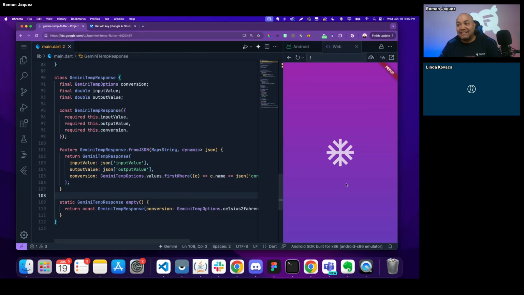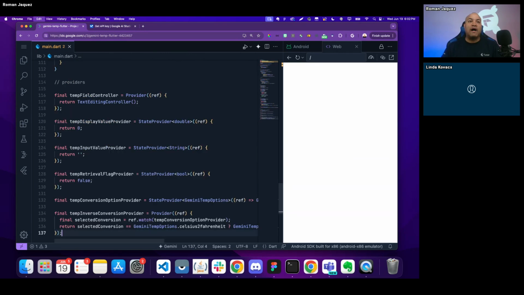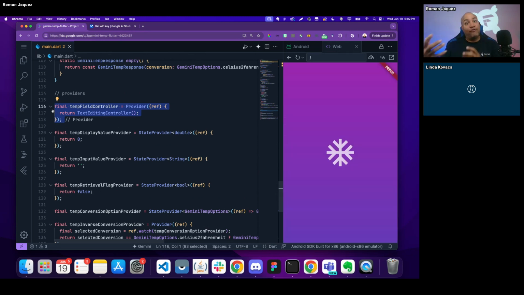So let's continue. I'm going to continue now creating some providers. Providers are used so that widgets can locate them, find those services, find those providers, consume the data, and render accordingly. So now let's add some of the providers that are going to be consumed by our application, again, because we're using Riverpod. You see here, we have a provider that will provide a controller for managing the input field, where we're going to be putting the